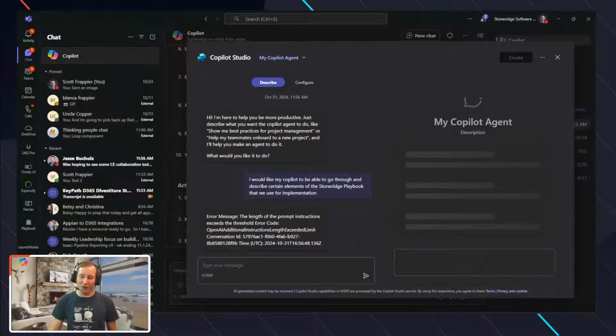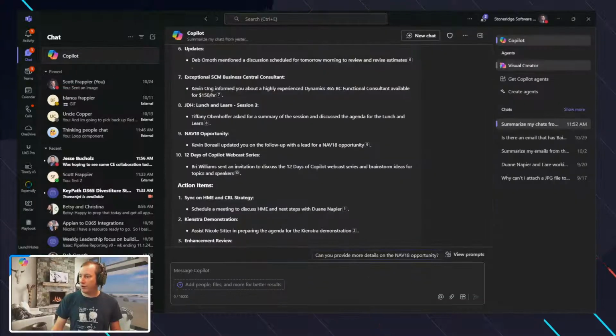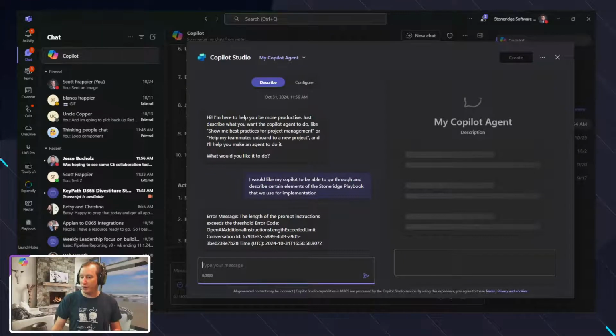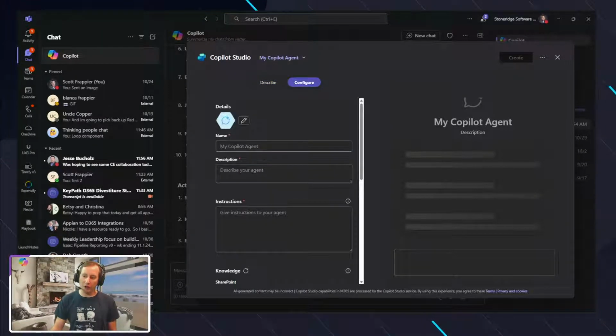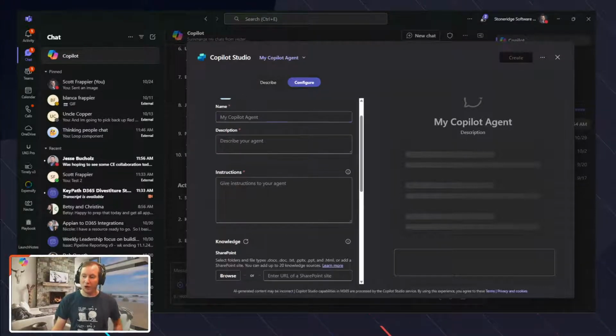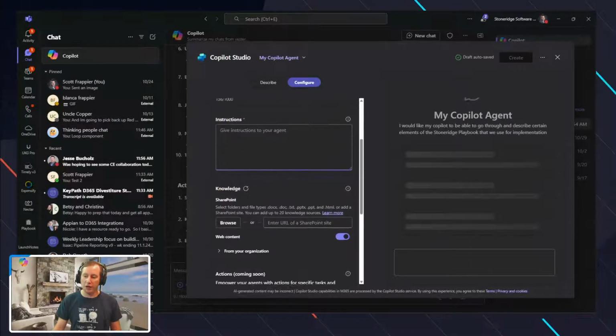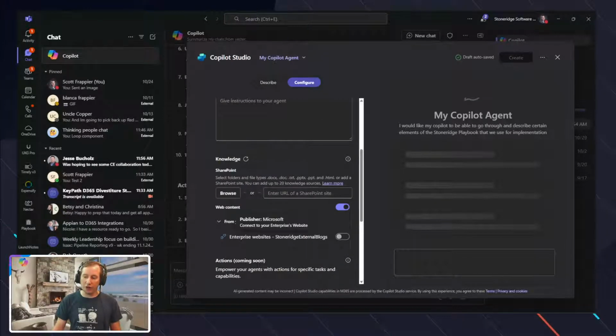And so looks like I've got a little timeout that happened here as part of it. So let's see if I can unbreak it by creating an agent, doing it again, and seeing if that timeout, looks like I got a timeout issue. But either way, the nice thing about the Copilot agents, like I can go to the describe to create it, or I can do it the old-fashioned way, right? Where I could put in what that description is, the instructions that are related to it, and what I can do is I can actually access then a knowledge base that I could use, and then even identify, for example, the external blogs, right, as an example.